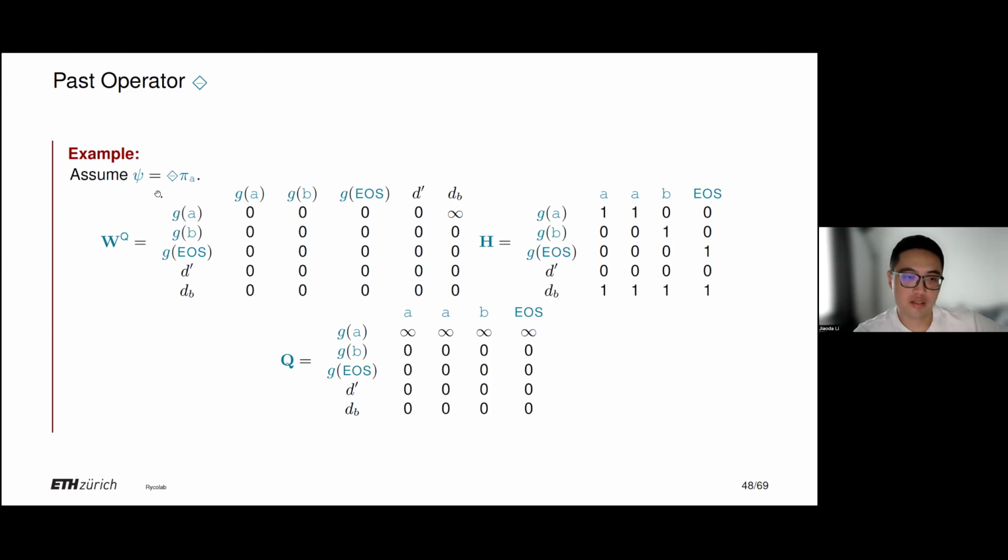And yeah, for example, if phi is past pi A, then we will set the projection matrix for the query to be like this. So we first go to the dimensions that we're interested in, which is pi A, the first dimension, and then we set the bias to be positive infinity. And if we multiply it with the input, the H, then we will end up with this query matrix, which is infinity in the first dimension and 0 everywhere else.